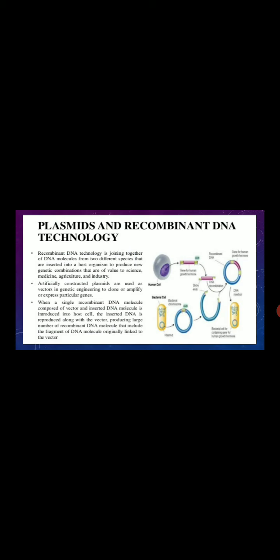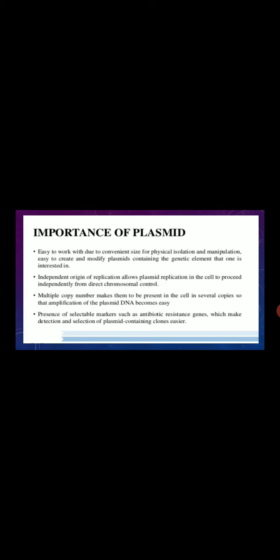In the slide, it is shown how the DNA can be inserted into a plasmid as a vector, and the recombinant DNA, which is produced from the host DNA and foreign DNA, is put into a bacterial cell where it is replicated. The usage of plasmid: it is used for cloning, for protein production, for gene therapy, for genetic disease models, and also for DNA vaccines. How is it important?